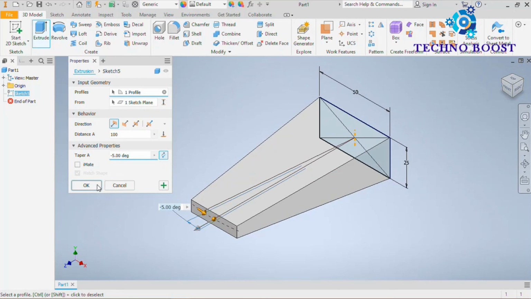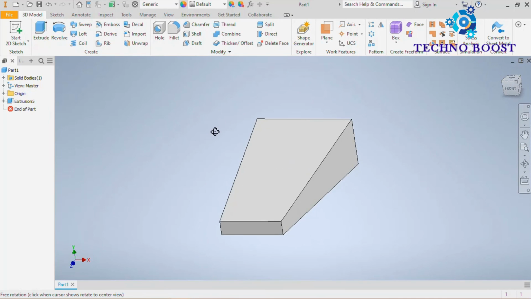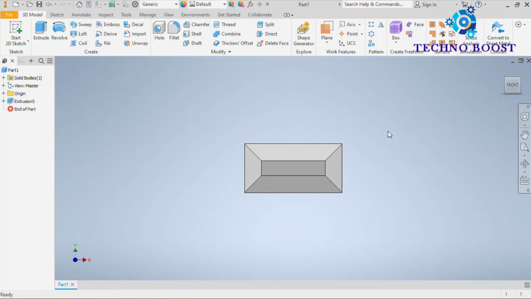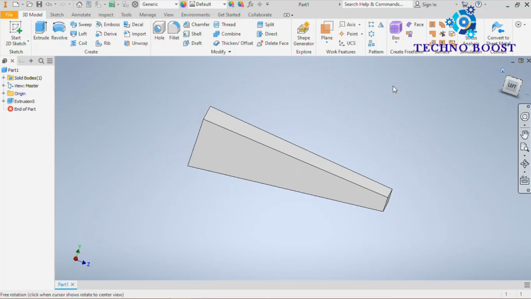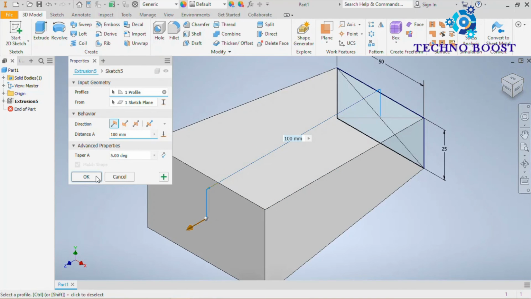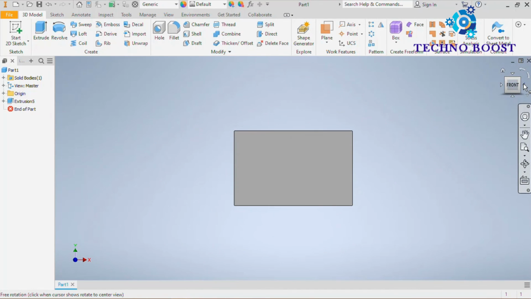Okay, click OK. Double click on it and reverse the direction.